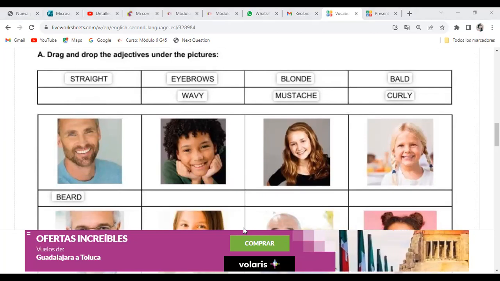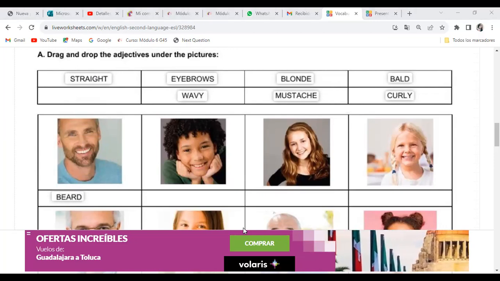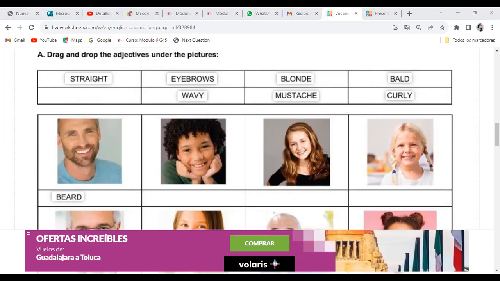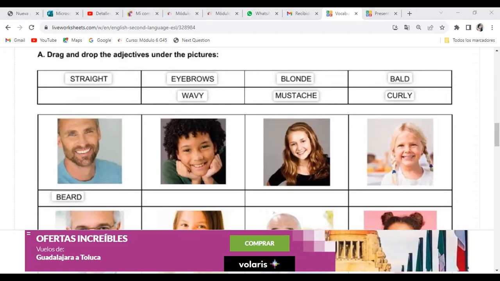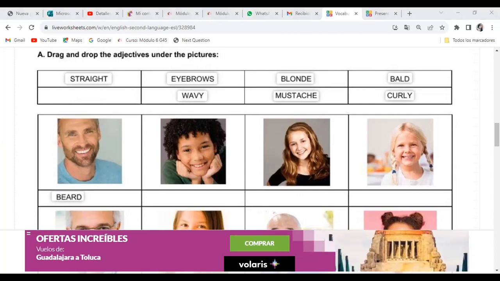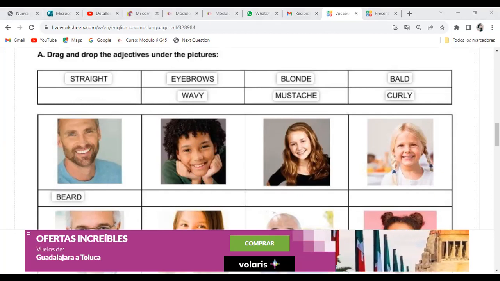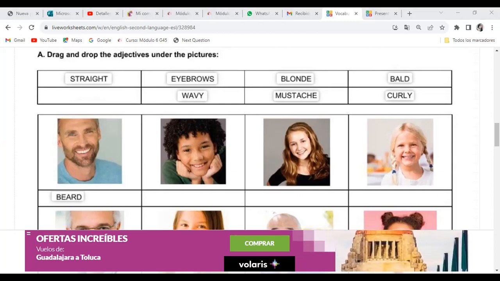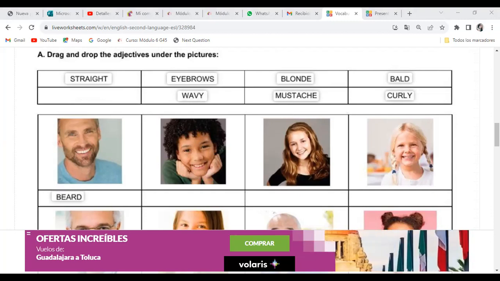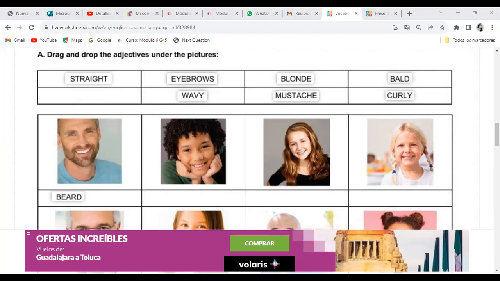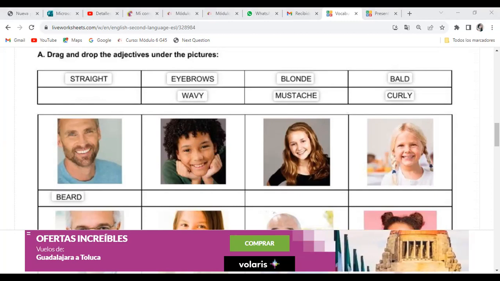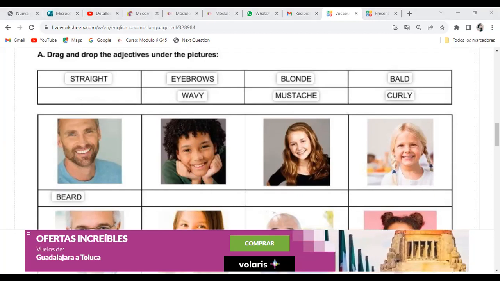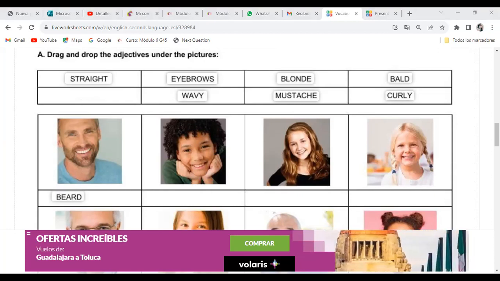He has a beard, porque es tercera persona, has. Bueno, cuando decimos barba, en inglés va acompañado normalmente del artículo indefinido a. En español no lo utilizamos, no decimos él tiene una barba, simplemente decimos tiene barba. Pero en inglés, chicos, sí se utiliza el artículo indefinido a cuando estamos hablando de barba o bigote. Por ejemplo, para decir él tiene bigote, he has a mustache. He has a beard, él tiene barba.